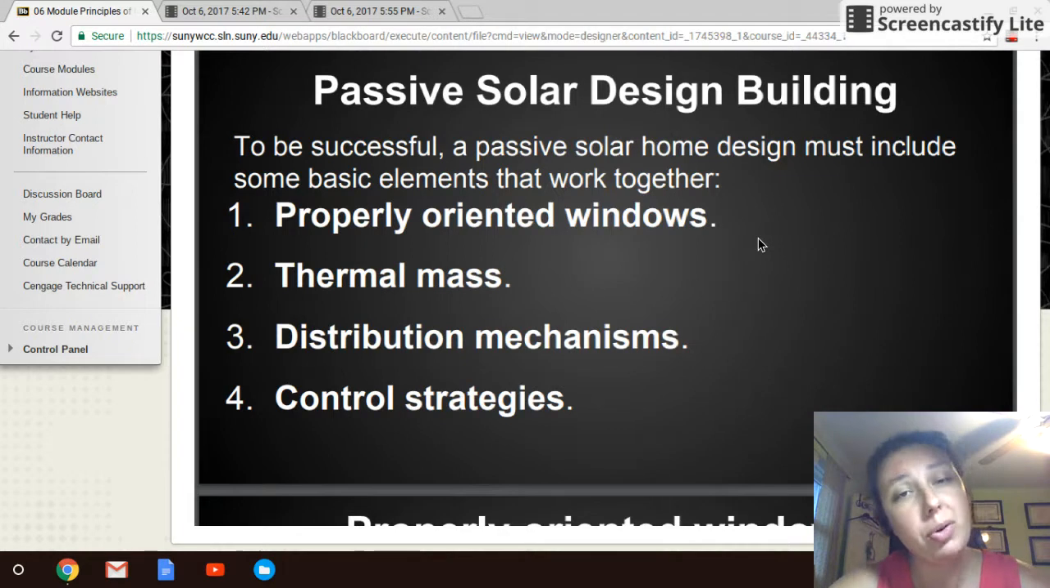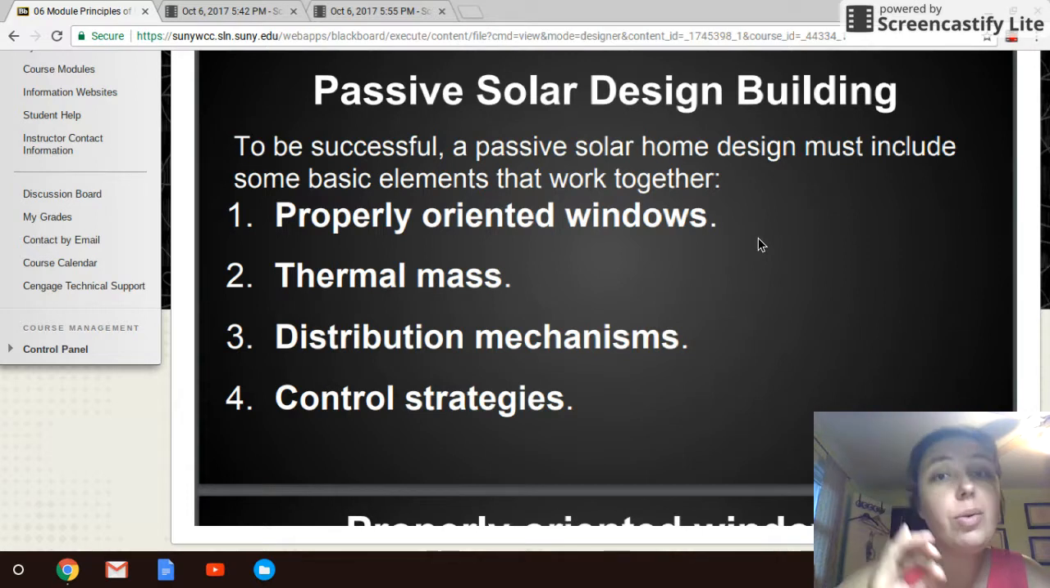One is proper orientation of windows or whatever surface might be your open surfacing, the surfacing that you want sunlight to enter through. Then thinking about when that sunlight gets through, what is your thermal mass? How are you going to take that sunlight, absorb it, and convert it into heat energy? So what do you have that's a conductor? Right? Distribution mechanisms. So are you opening up the floor plan so that there's an easy way for air to